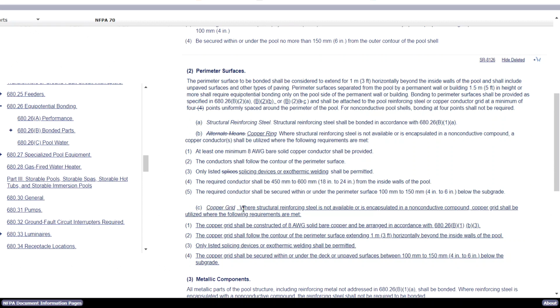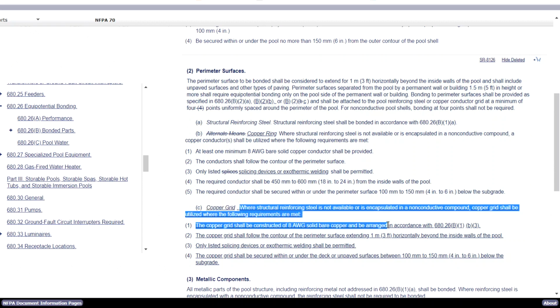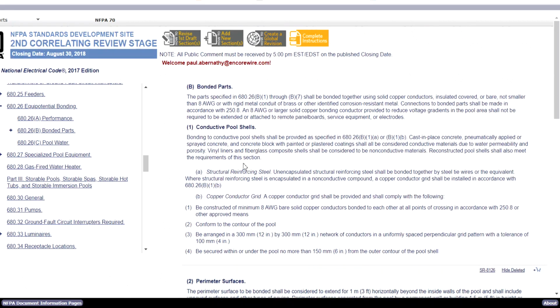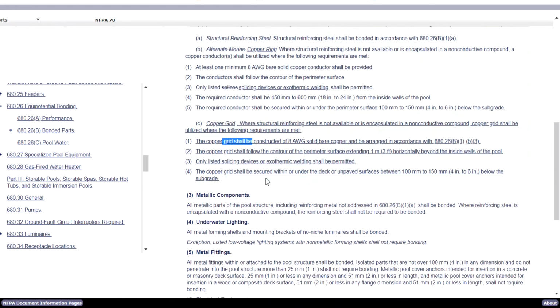Okay, now it says where the structural reinforcing steel is not available or is encapsulated in non-conductive compound, copper grid shall be utilized where the following requirements are met. Again, the copper grid, just like it was up here in B1, no different, shall be 8 AWG solid bare copper and be arranged in accordance with 680.26(B)(1)(b)(3). Okay? All right,